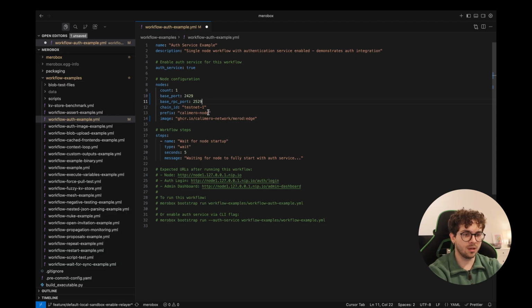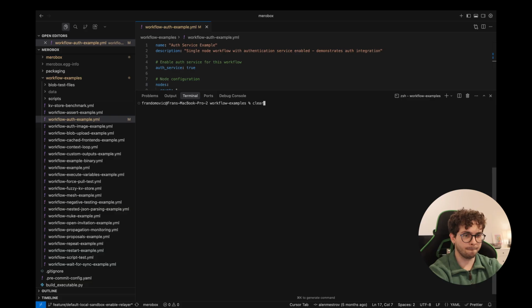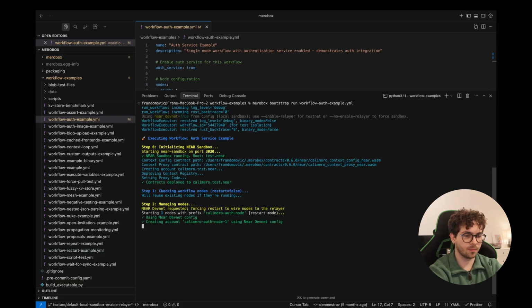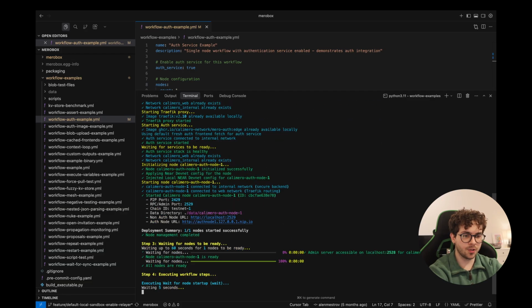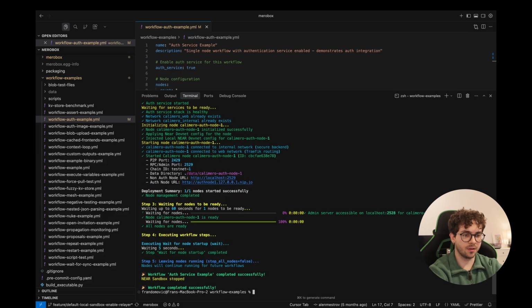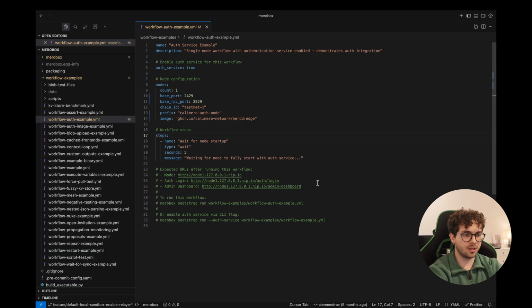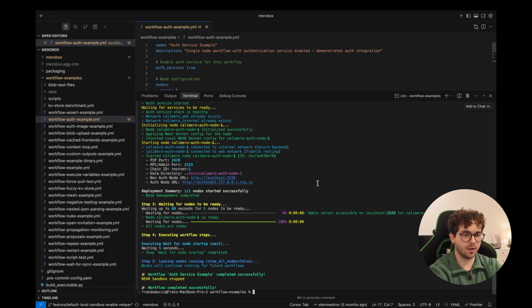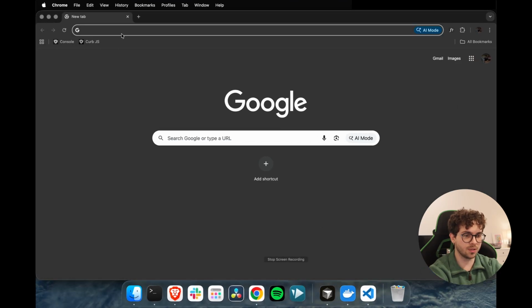You see here that we have the Auth service set as true, and let's run this example to show you how this will look. Okay, Merobox bootstrap run workflow out. Wait for it to finish. We have also set the restart to false, so we can run the node after the workflow is finished. And we see here that we have the Auth URL, which we are going to use again to access